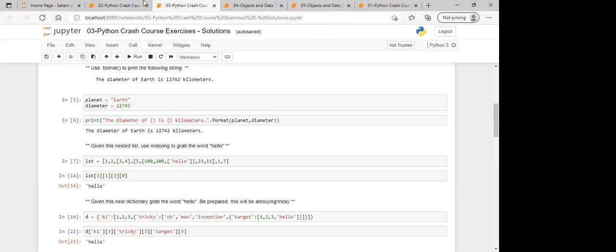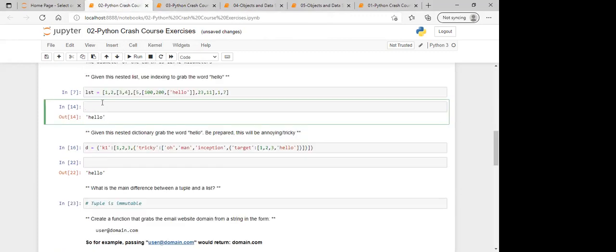Okay. List. So you have to fetch hello. Just do LST, it's a list. One thing, wait. You write list. See, it is coming in green color. That means it's a special keyword for Python. So you should not name your variable with a word which is already a keyword in Python. Just like we have print. Print is a special keyword. So I cannot create a variable print is equal to something. I should not do that because Python will get confused, right?